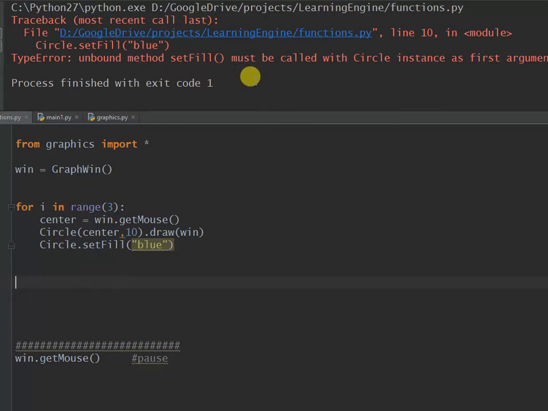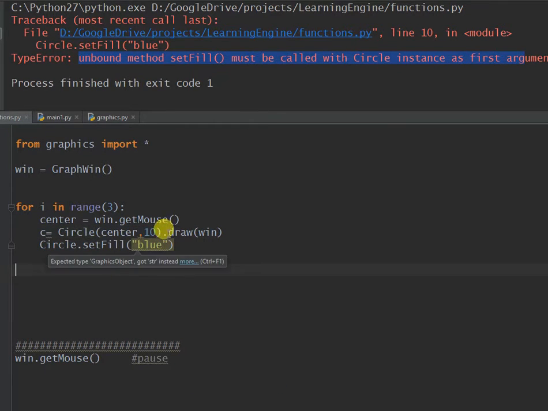So let's have a look why. It said unbound set fill method blue must be called with circle instance as first argument. So the issue here is that I'm trying to fill it, but actually it's got no link to that circle. So if I just attach that circle to there,